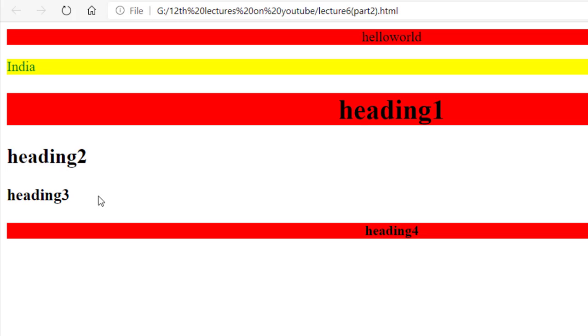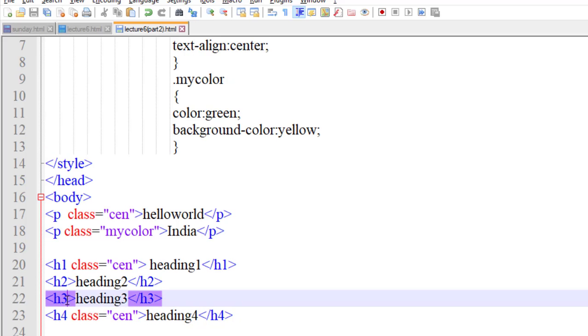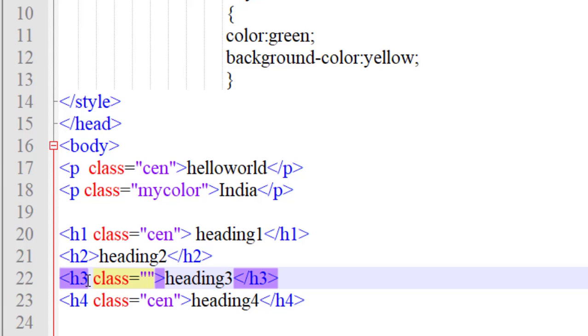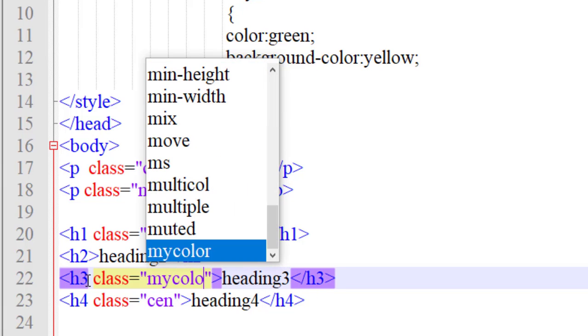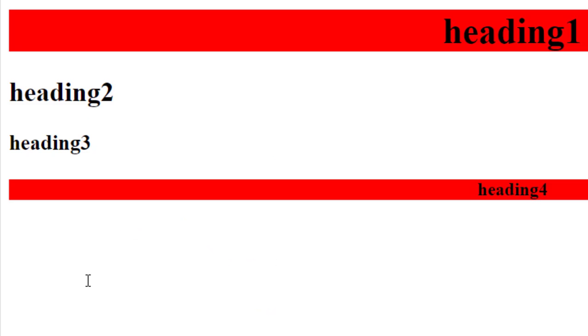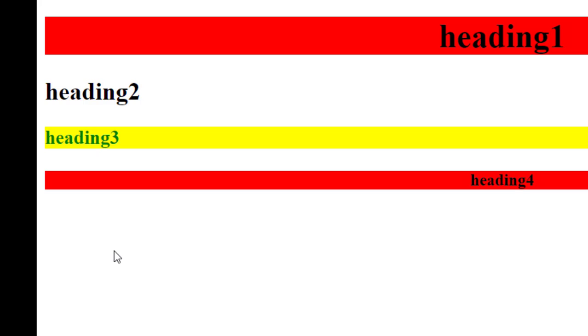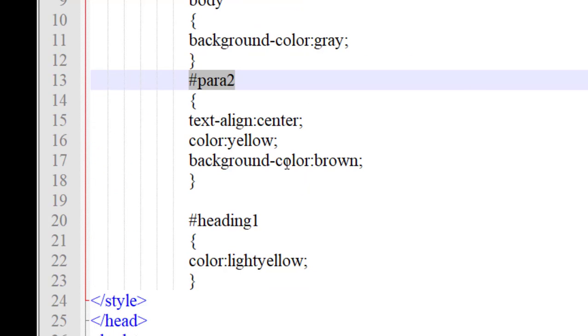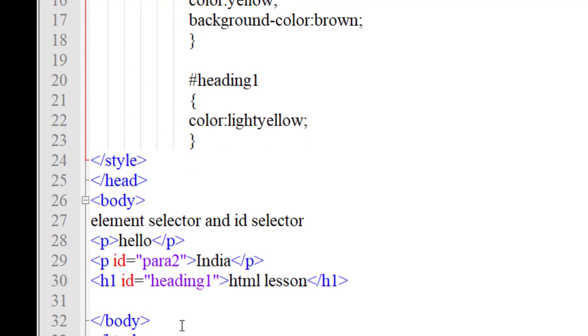Now I want heading 3 to be the same as the second class, paragraph 2. So I will apply on h3 class equals to, in double quotes, my color. You can put any name for that class. Just save it. Now run it. What we said in the previous lecture is that the ID should be different for everyone.